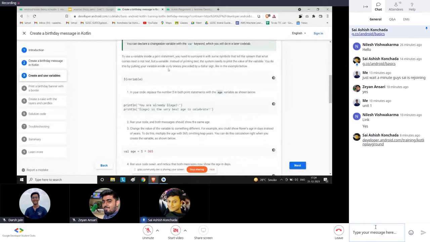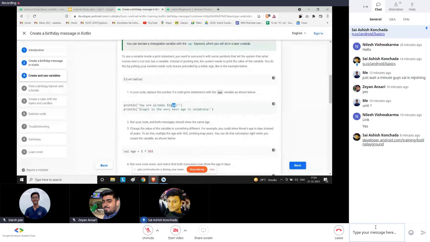Now, if you want to print this in a print statement, you have to use the dollar sign and curly braces. Even in Python, you must be familiar with string interpolation. Inside println, all these are strings, right?